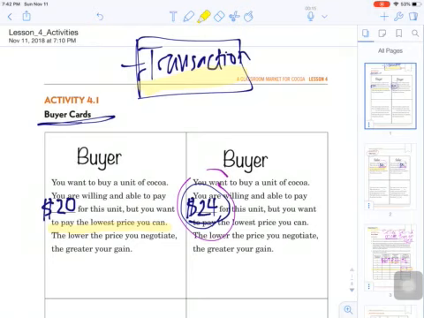The other thing too is tell them they cannot use the same person in back-to-back transactions. So if you talk to student A, then your next transaction you have to talk to student C or D or E or F, right? You can't just keep talking to the same person over and over again, which is one of the things the kids will tend to do. But it should